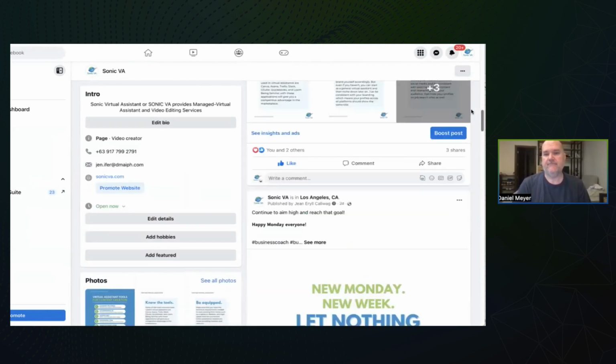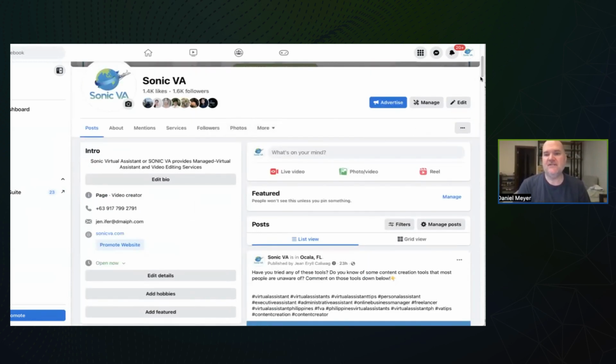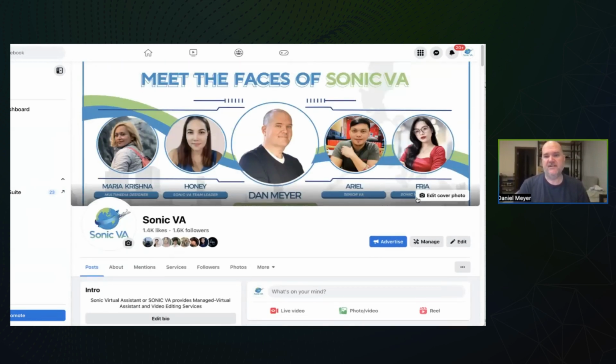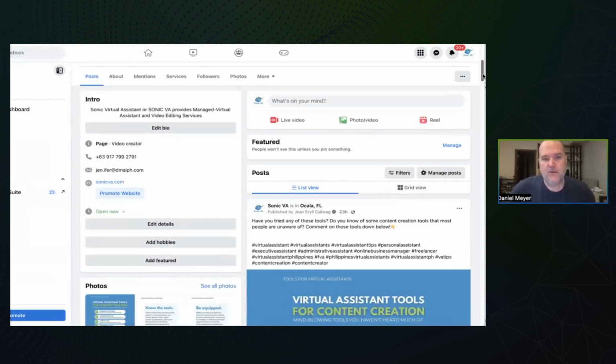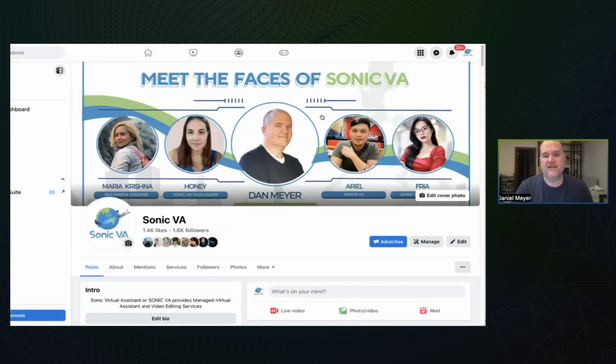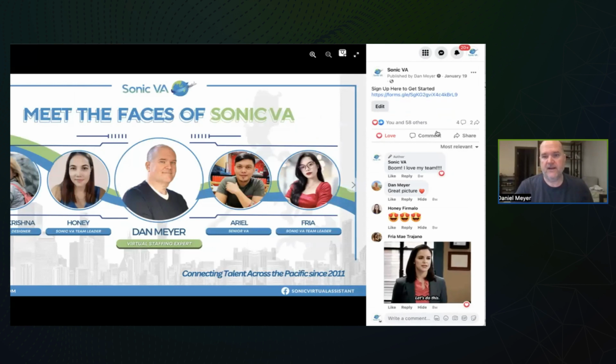Why are we doing that? Because we don't need to use this as a lead magnet right now. This is not where we want people to go to sign up. We want them to go to a form. So they see this, they see the form, they go off Facebook and go to the form in Google. So they're not going down our page. Also, we don't spend a lot of money trying to educate new people on what we do. We're almost all referrals, right? So all we need to do is demonstrate that we're legit.